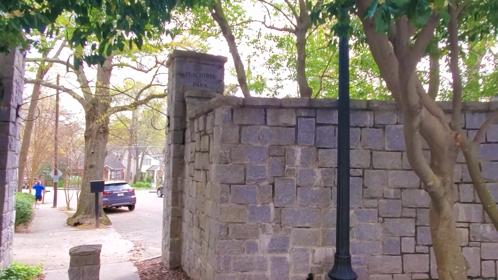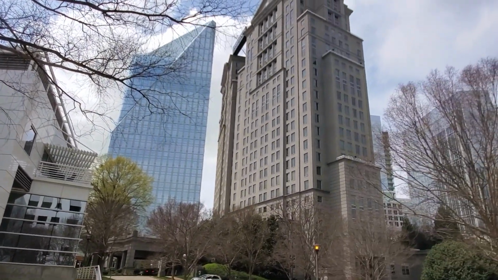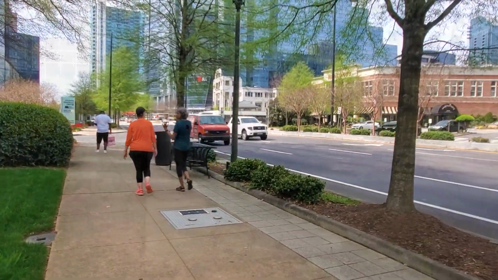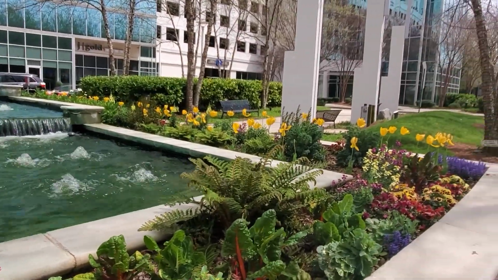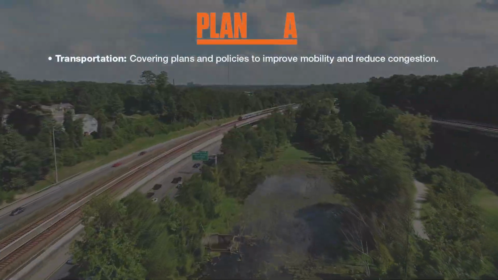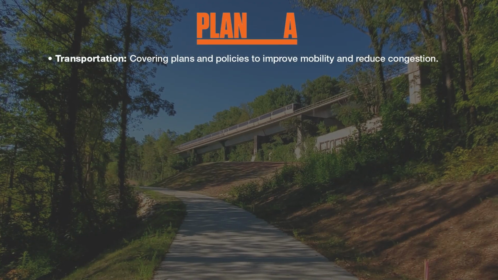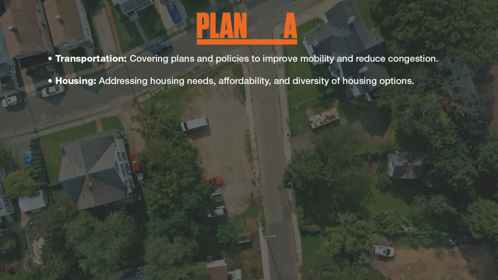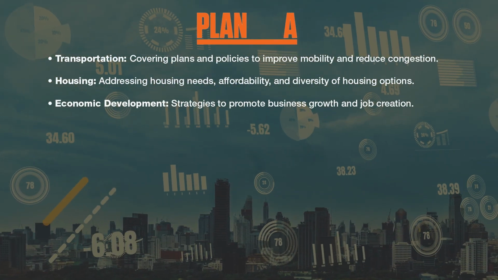Well, it's a document that contains several chapters, two of which we are going to be talking about in greater depth in this video. But before we do that, here is a brief overview of what else is in the document. In addition to land use and neighborhood planning, Plan A also includes chapters on transportation, covering plans and policies to improve mobility and reduce congestion, housing, addressing housing needs, affordability, and diversity of housing options, economic development, strategies to